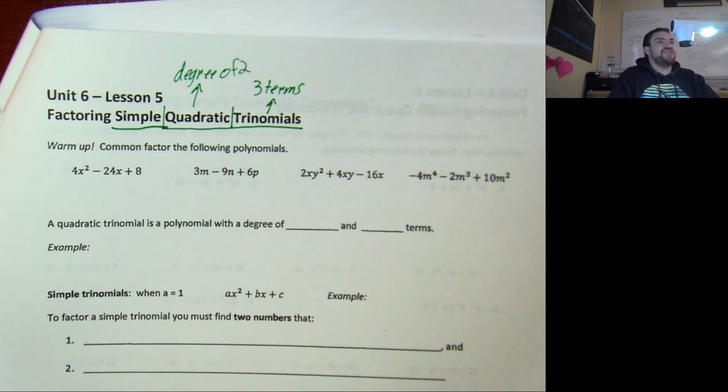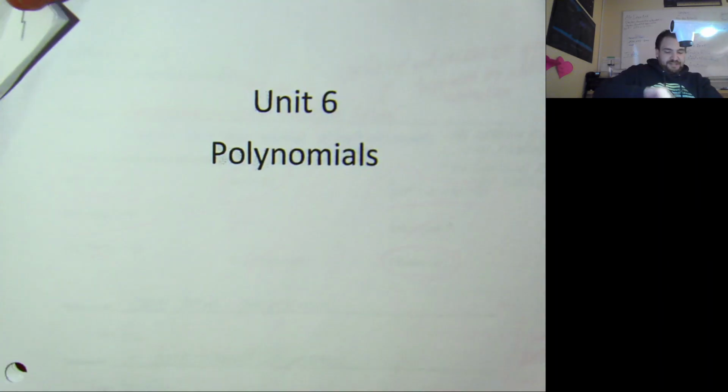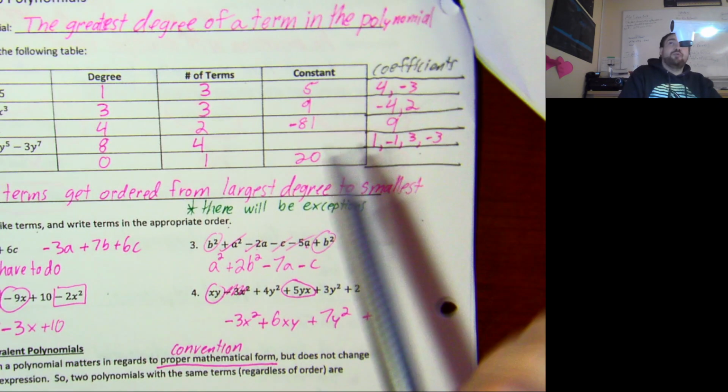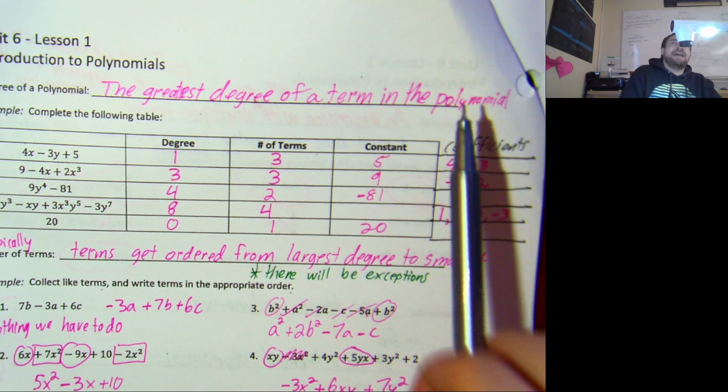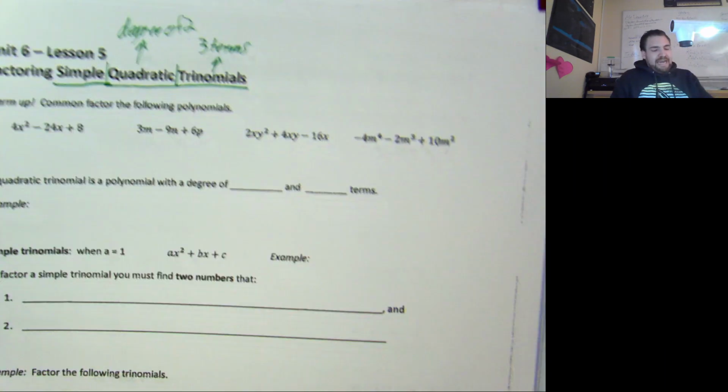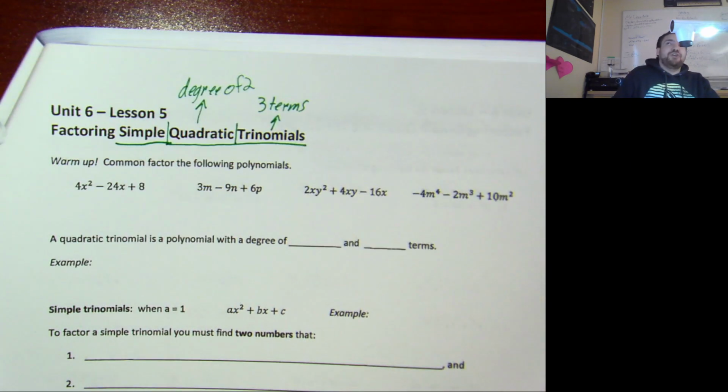That is a good question. What's a degree? The degree of a term is the sum of the exponents on all of the variables, and the degree of a polynomial is the greatest degree of a term in that polynomial. So, a quadratic having a degree of 2